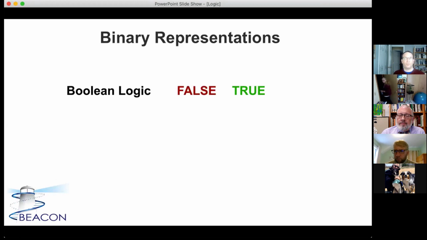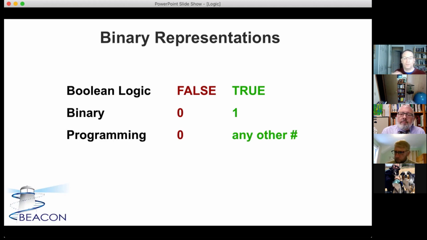So in Boolean logic, which is what these logic tasks we're talking about today are based on, the basic codings are either something is false or something is true. Now, if we extend that out to binary numbers, generally we'll consider false to be 0, true to be 1. When we move on to programming languages, for most languages, false is 0, and literally any other entry other than 0 is considered to be true, which means that things evaluate differently than a lot of people expect, because if you're used to the world of binary numbers, you'd think true is always going to be 1. That's not the way most computers are going to interpret things. That can lead to problems with some of your programs.